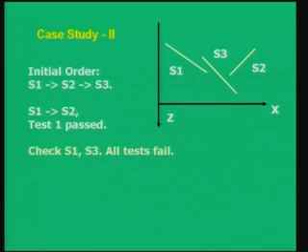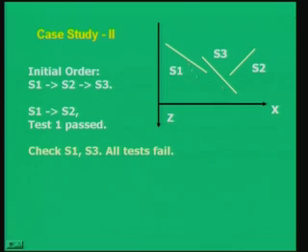So, check S1 and S3 to ensure that you can draw S1 first and then S3. All the tests fail. Why do all the tests fail? You can see for yourself, in the Z extent there is an overlap, there is an overlap in the X extent, or the Y extent also could be, and if you want to draw S1 and then S3, the completely front and behind tests also will be failing.